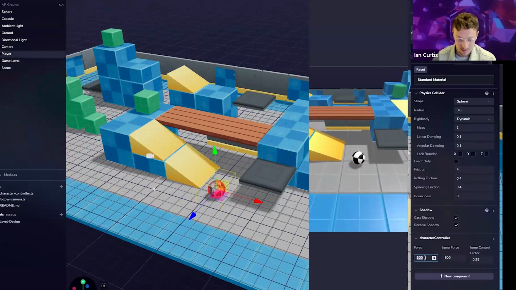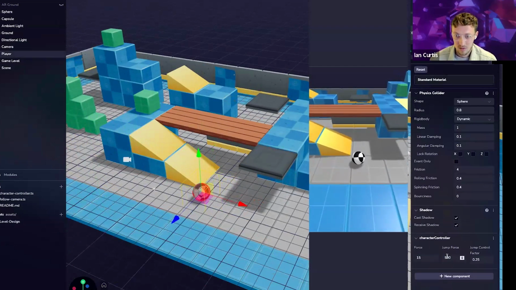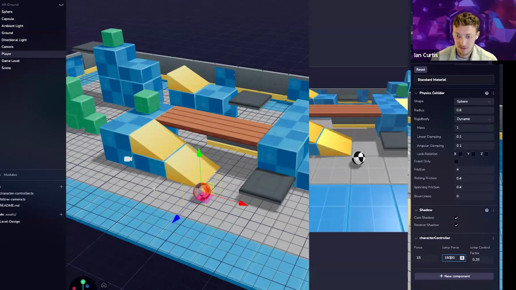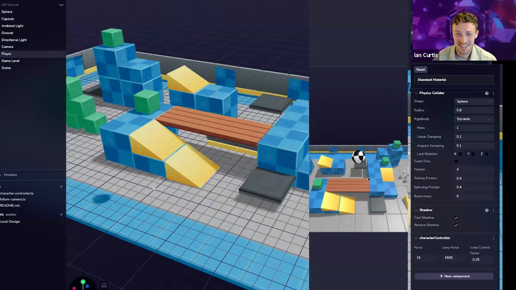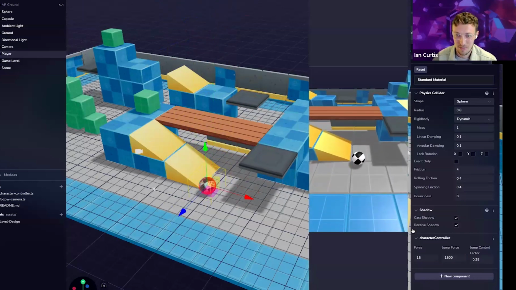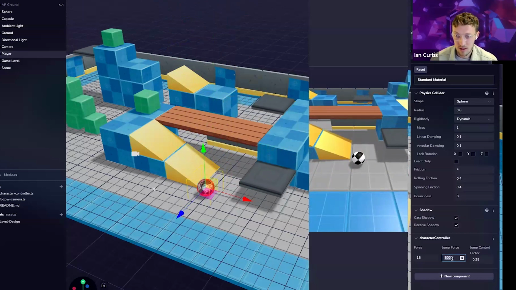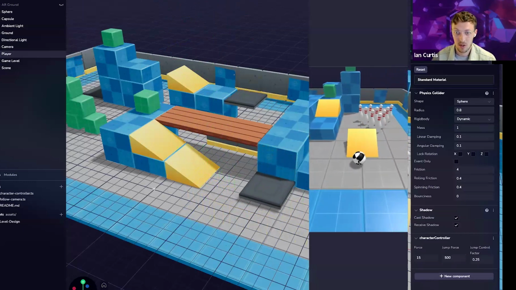Just like there. We'll put it back down to 15. I like that. Cool. And then we can maybe increase the jump force, not to 150,000, maybe 1,500. There we go. But now we got a nice big jump. So yeah, the ability to add these custom components and build projects quickly is